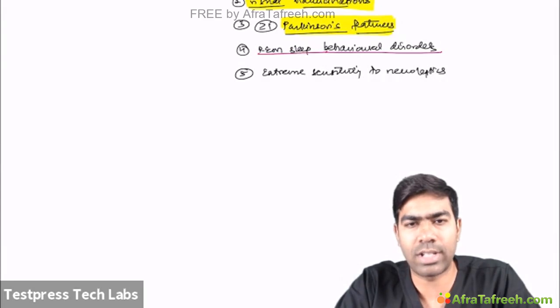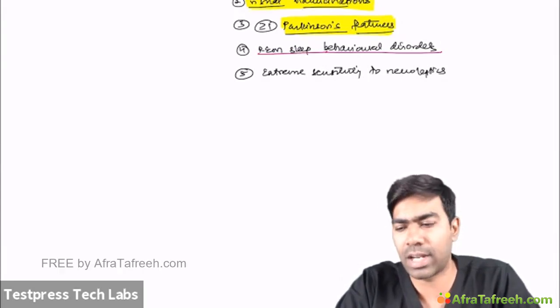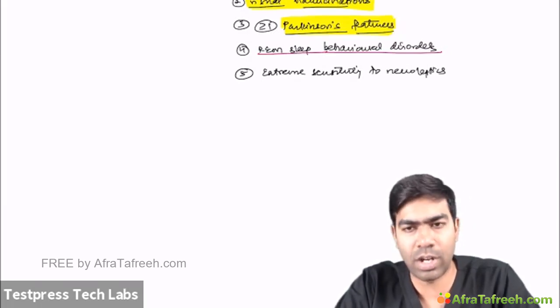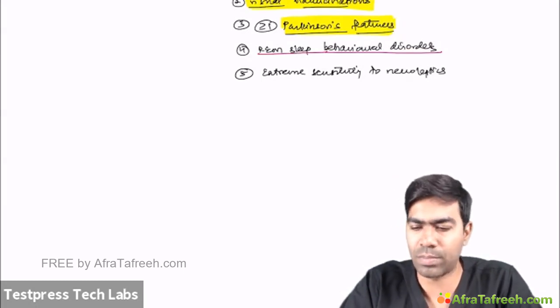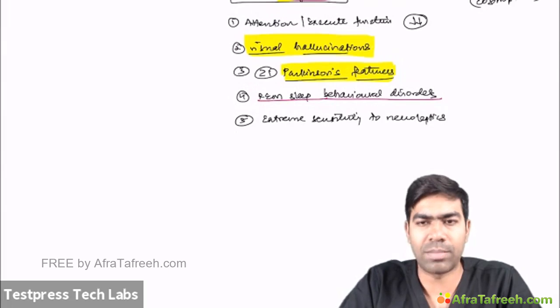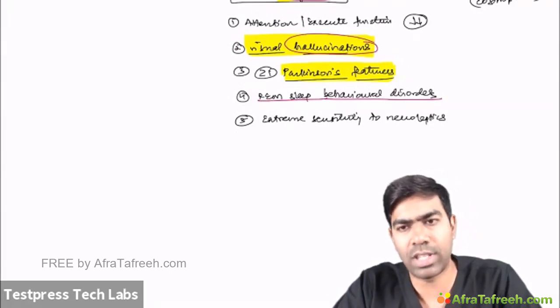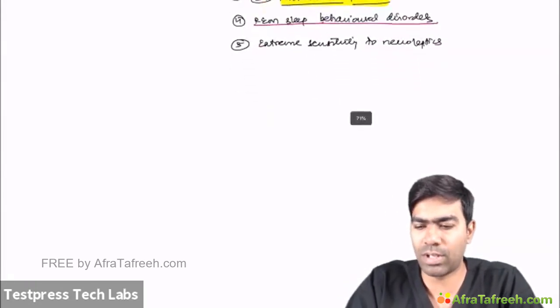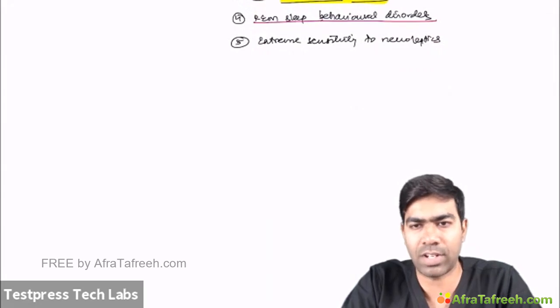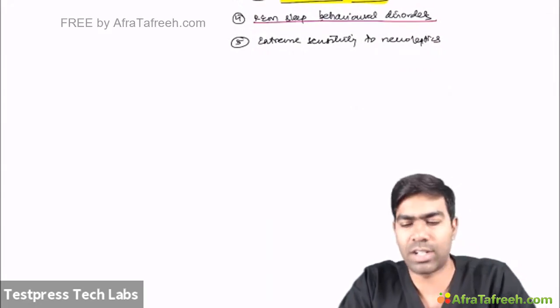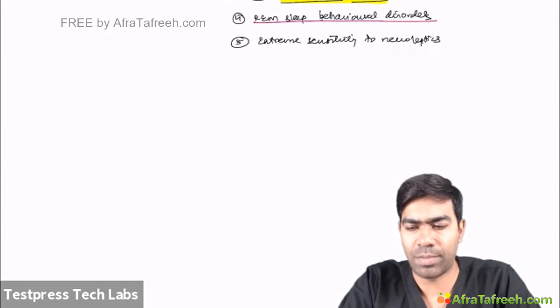And that's why it's called extreme sensitivity to neuroleptics. They may even progress to a stage where they can develop neuroleptic malignant syndrome also, and that's very dangerous. So you should avoid using neuroleptics in this. Why we commonly use neuroleptics is because many times, as a beginner, some psychiatrists may diagnose this as a psychosis because they have visual hallucinations. For that, they might start haloperidol, and that results in a catastrophe because patients will start developing severe Parkinson features after giving it. So that's what we call extreme sensitivity to neuroleptics.